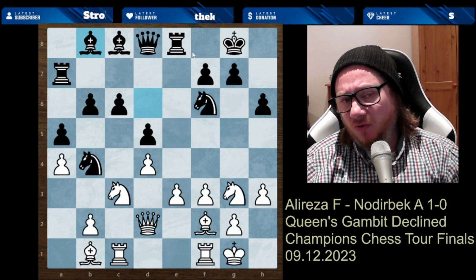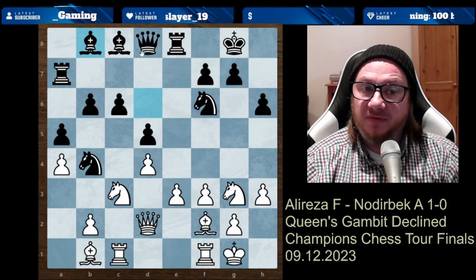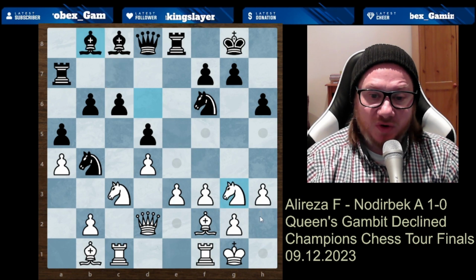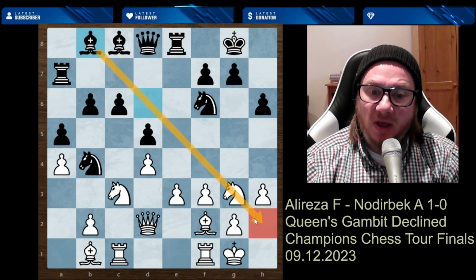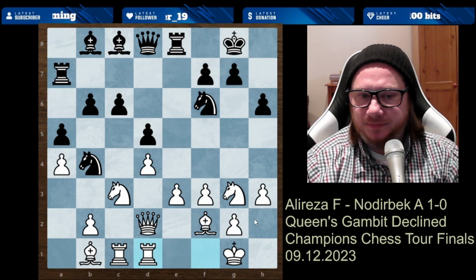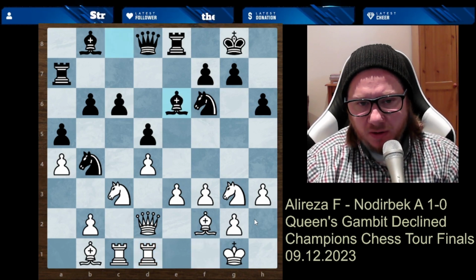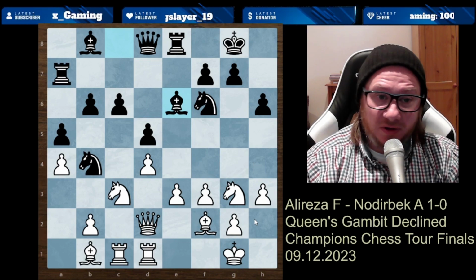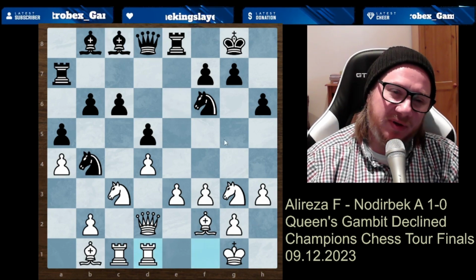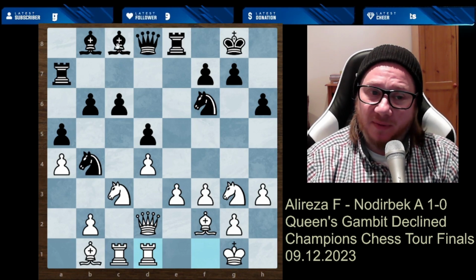Because actually, black wants to create a very deadly battery with the bishop and the queen here. And imagine the knight moves, then you're just going to deliver checkmate. You know, it's important to try and be as efficient as possible. Rook f to d1. Bishop to e6. You've got to get your stuff somewhere. So that's a bit of a painful thing now for black, but you need to